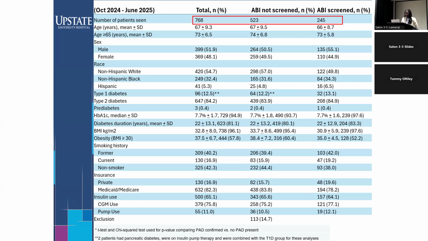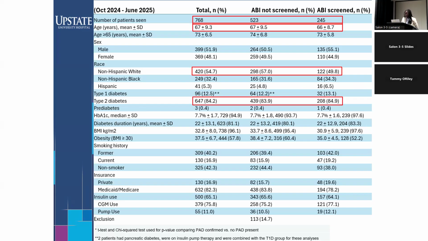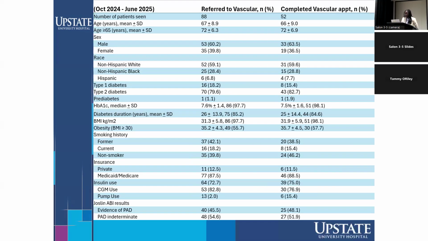So overall, we were able to screen for 245 patients. Mostly the mean age was around 67 years of age. Most of them were non-Hispanic whites. Most of them had type 2 diabetes with notable obesity and smoking history. And this data also has information on those that were referred to vascular and then those that completed their vascular